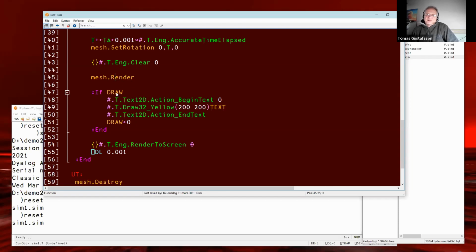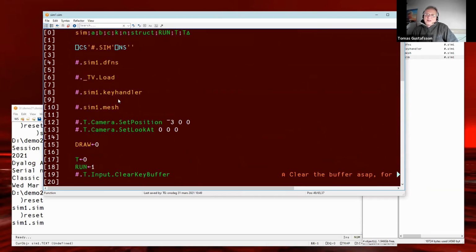And additionally, if you want to put something more on the screen, for example if a key was pressed and you want to draw something somewhere, you can do it here. You see the variable text here: draw 32, yellow, an X and Y position on the screen in pixels, and text.